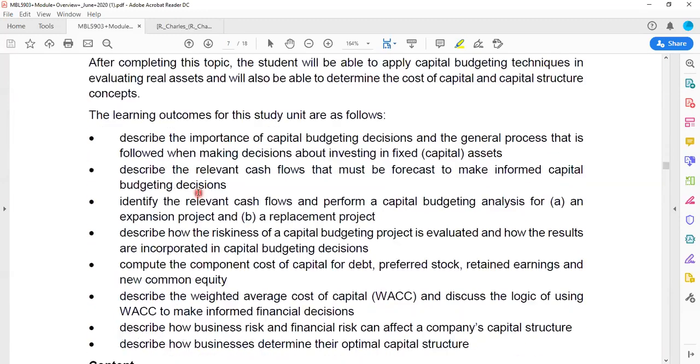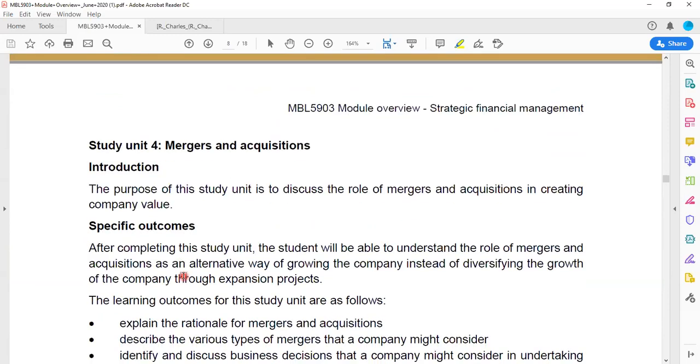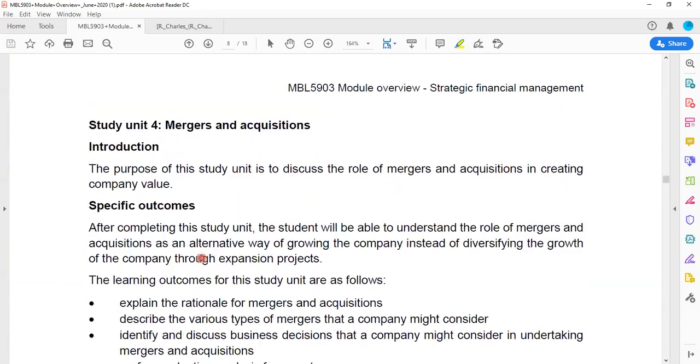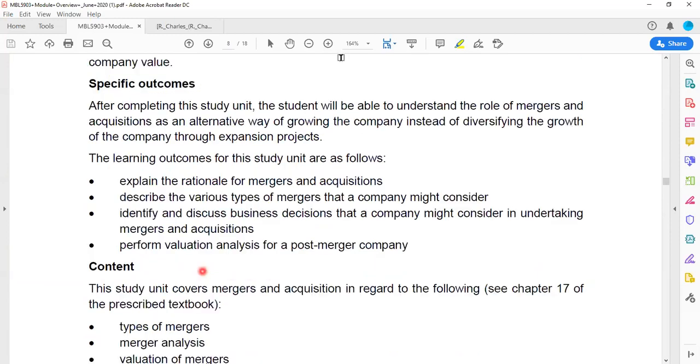Study unit 3 consists of 4 key items: capital budgeting techniques, project cash flows and risks, cost of capital, and capital structure. And lastly, study unit 4 consists of 3 key areas: types of measures, measure analysis, valuation of measures. The last study unit tends to be a bit more theoretical, whereas the other study units have a lot of technical parts, a lot of mathematical parts, as well as some other